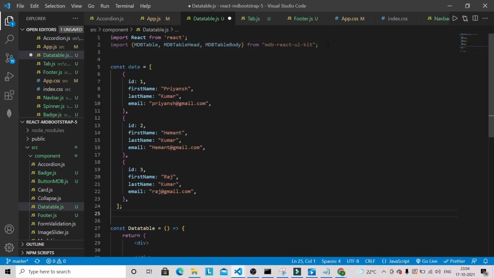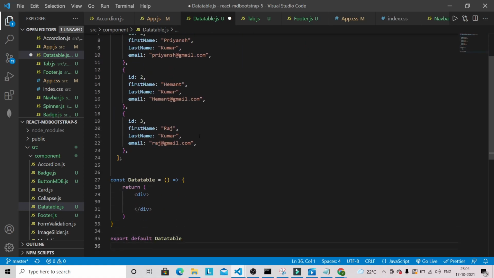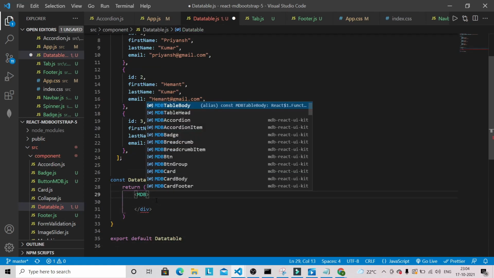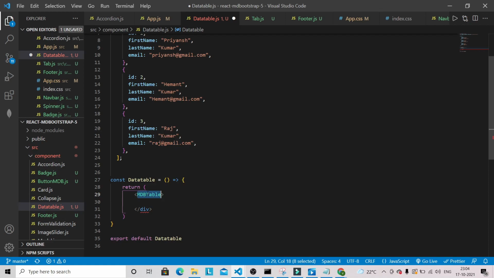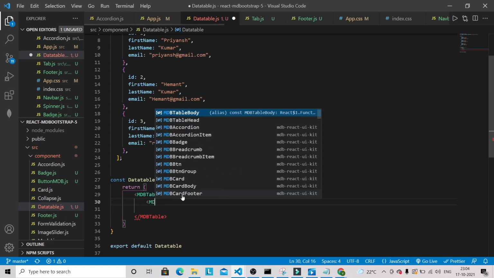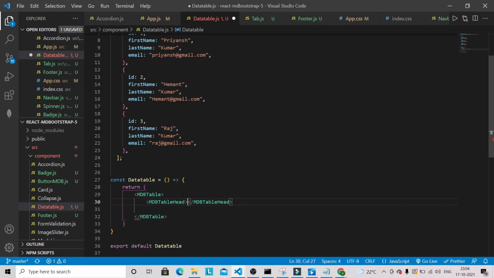So this data we are going to display in the table, and after that we are going to replace this div with MDB table. Okay, and this will be the table, and let's give MDB table head.